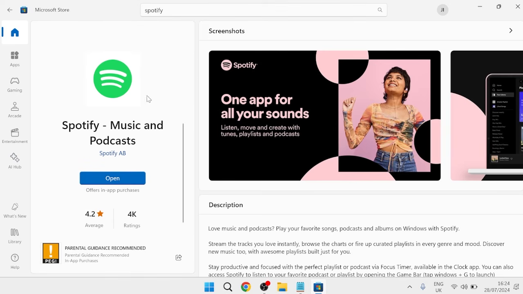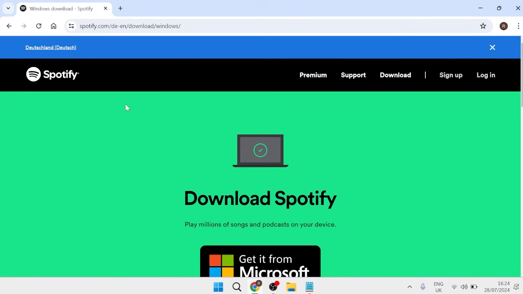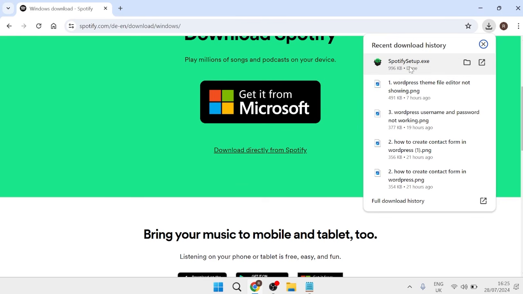Now, if you already had Spotify installed from the Microsoft Store version, then you're just going to head over to an internet browser, and you're going to come over to the official Spotify download page, and we're going to select this link at the bottom here, download directly from Spotify. Then you'll just need to double click on Spotify setup.exe and follow the steps on the screen to install Spotify